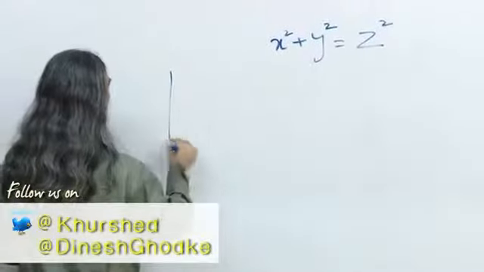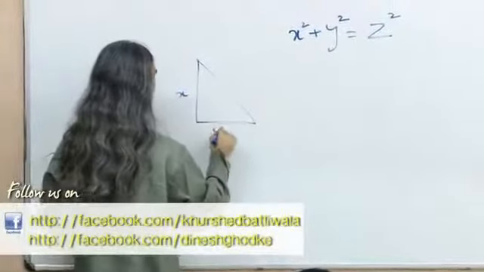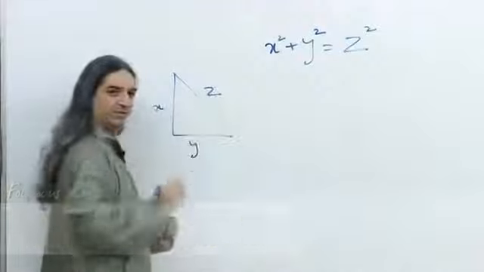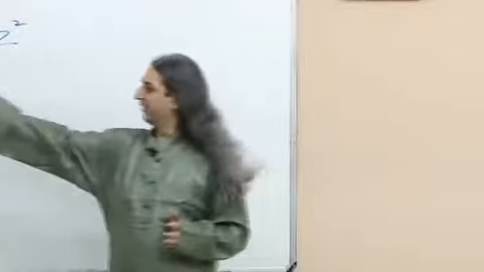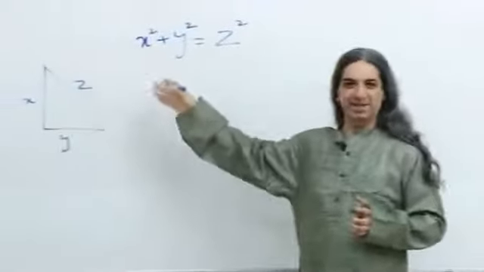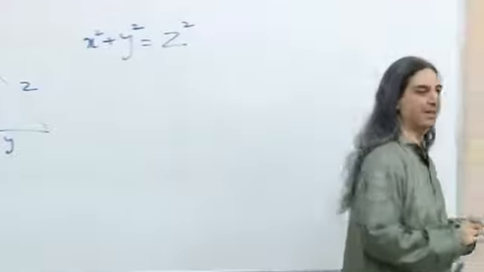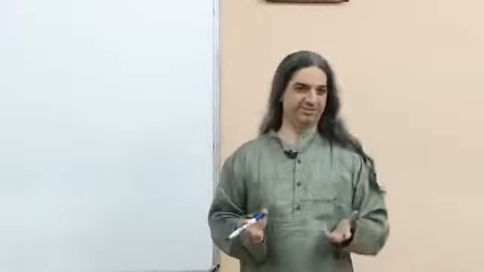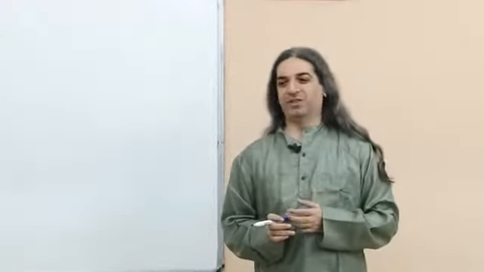Okay. So what it says is, given a right angle triangle, and if these are the sides, then x squared plus y squared is equal to z squared. In a right angle triangle, if the three sides are x, y and z, x squared plus y squared is z squared. This is what Pythagoras theorem states. And we say, yeah, a big deal, you know, I mean, I know it. Right? But it is not immediately obvious.